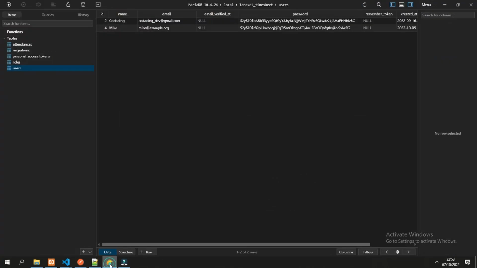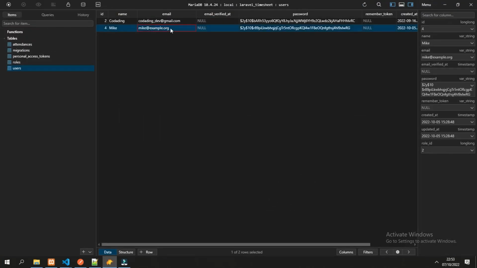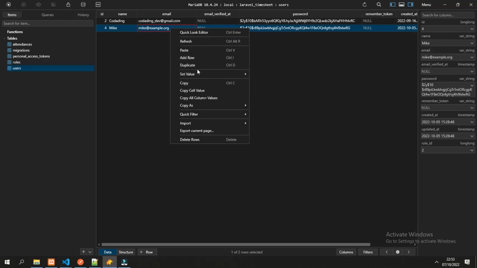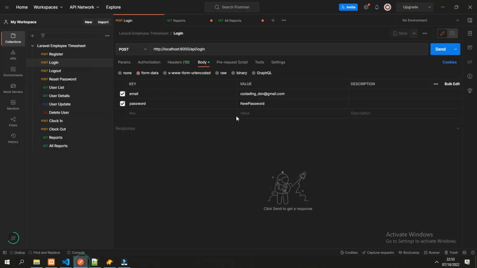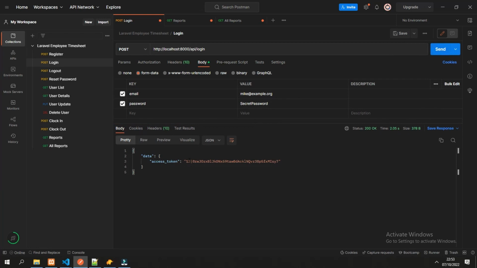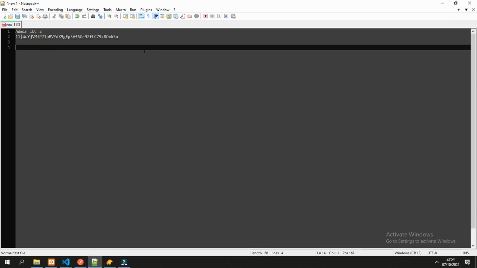Let me check in the database what is the second email. Copy the value and replace in here. For the password, I think it's secret password. Let's test. Okay, the token number 12 is the token for the employee, and let's save it in here first.